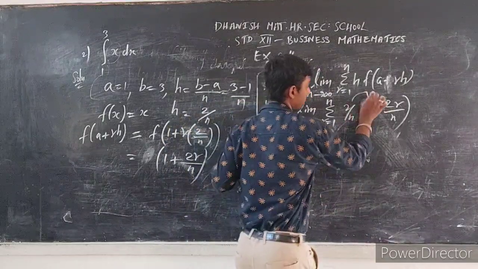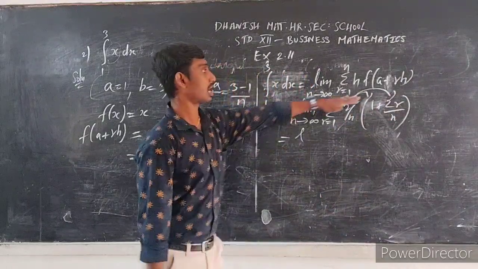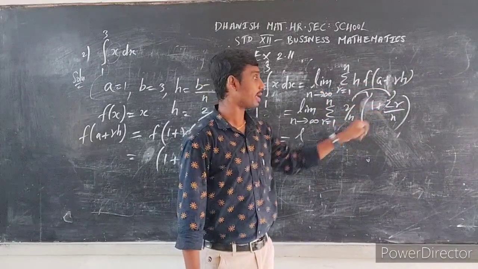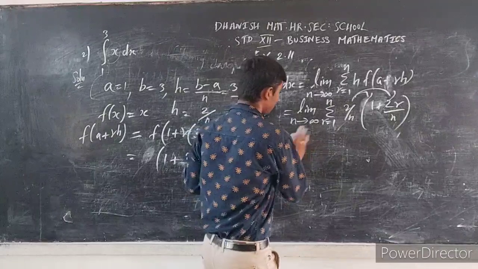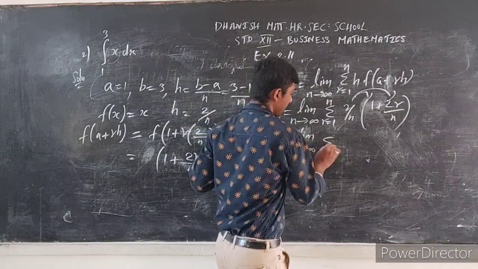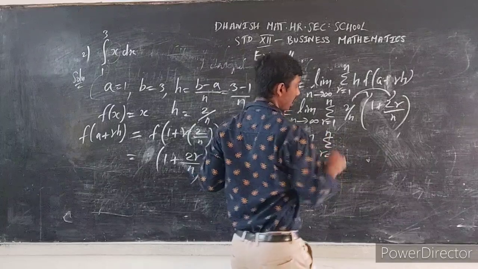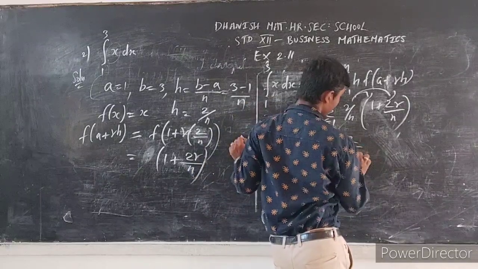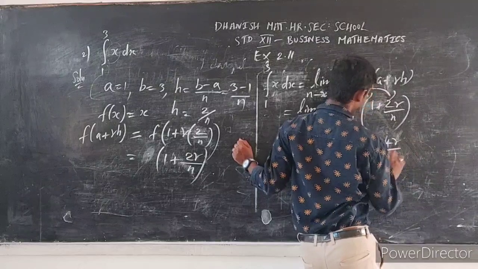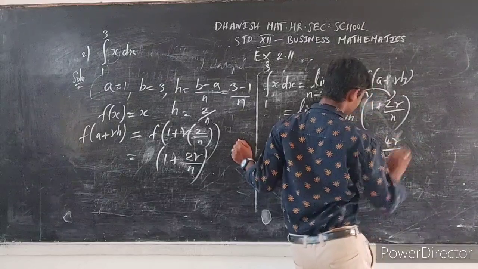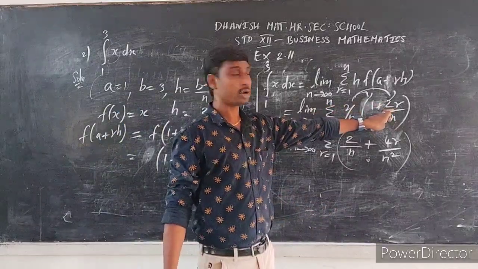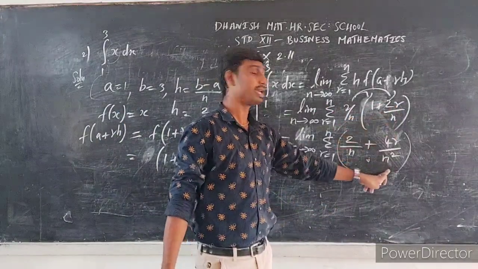Now we are going to multiply this value. Same process. First we write the formula. The second step, we are going to multiply this value. So listen here. Limit n tends to infinity summation r equal to 1 to n. So now I am going to multiply this one. 2 by n plus 2 into 4r divided by n square. So here, 2 into 2 is 4, 4r, n into n, that will be n square.